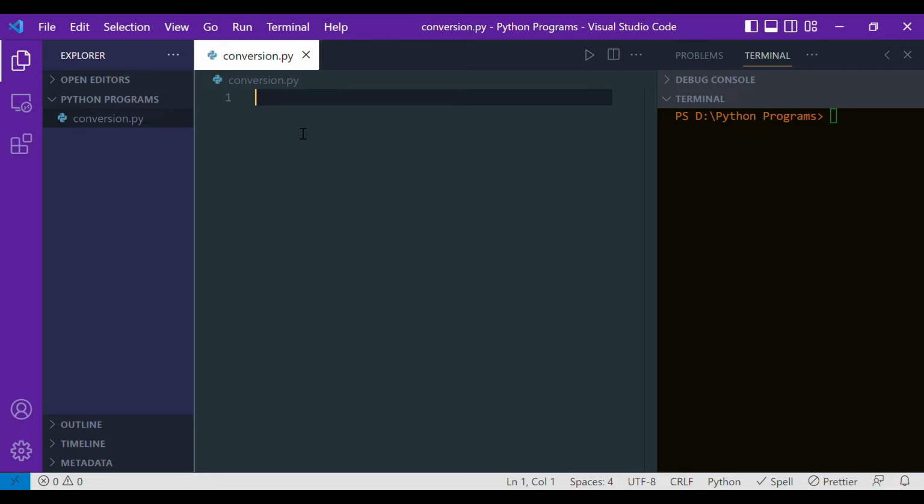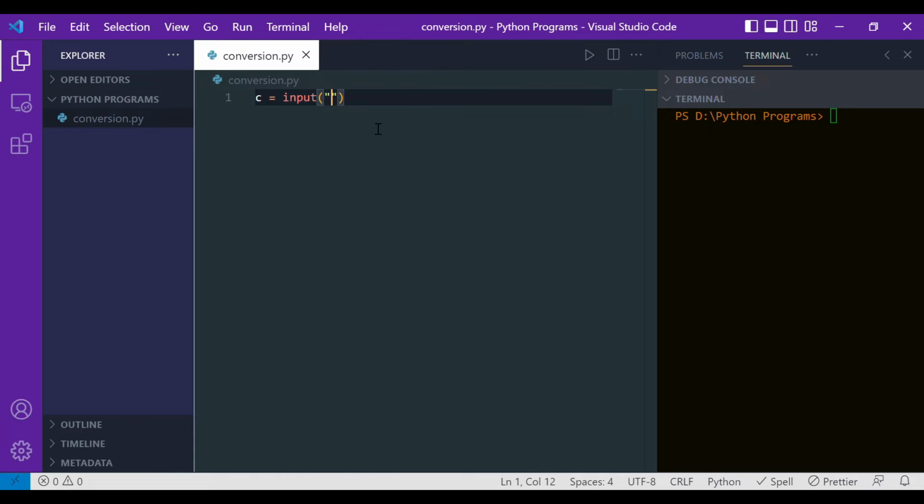The very first thing that we have to do is take input from the user. That is, we have to take the temperature input from the user in Celsius. So let's have a variable, let's say the variable name is simply C, which denotes Celsius. Now let's have the input, and we know that in Python we can take the input from the user with the help of the input function. So we will write input